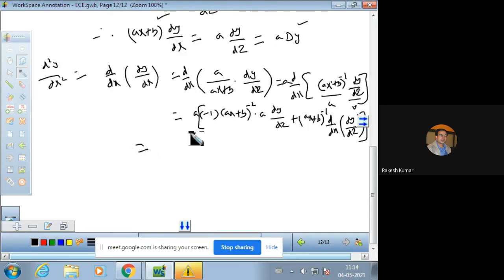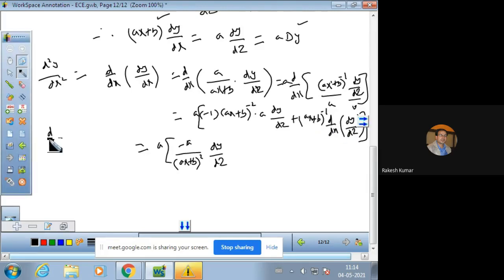So here you will have a can be multiplied or a can be written as it is, that is minus 1 over (ax plus b) whole square, and a is also there. So minus a upon this dy by dz, and let us find out the derivative of this term. I am going to solve it separately. So d/dx of dy by dz. So that can be written like,